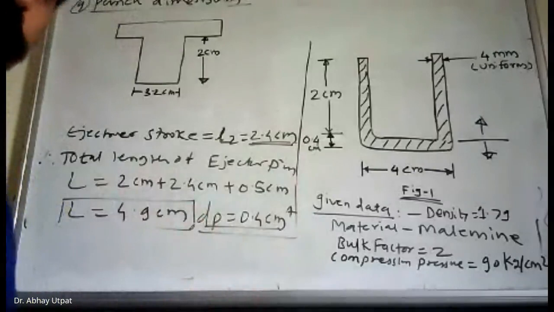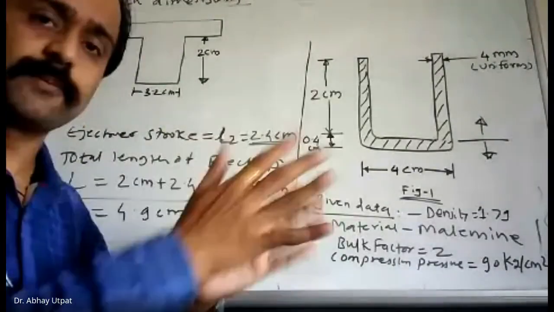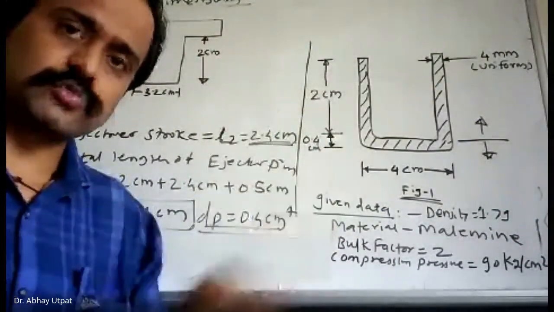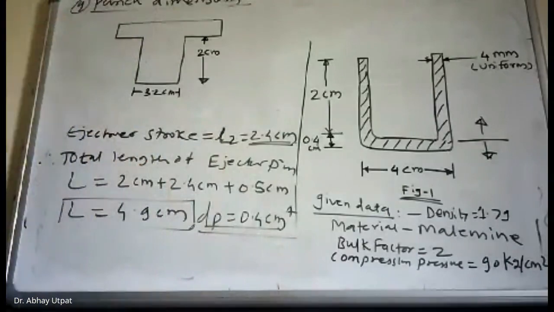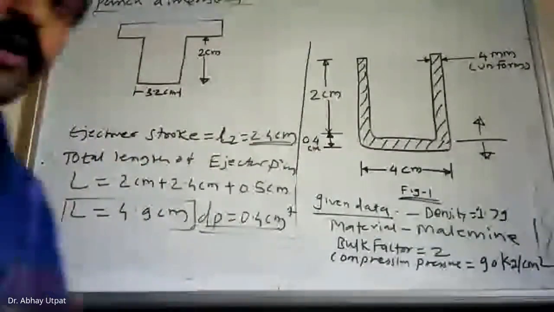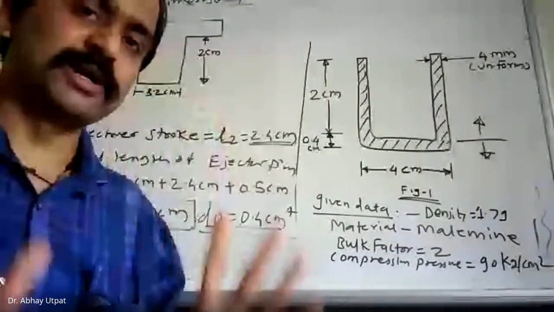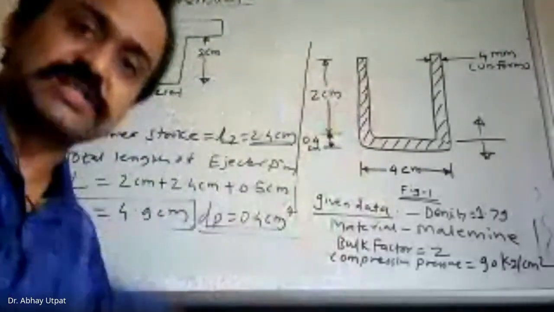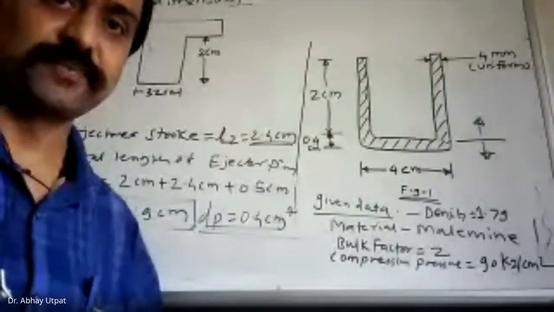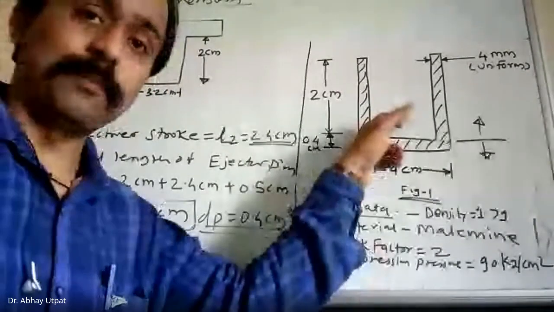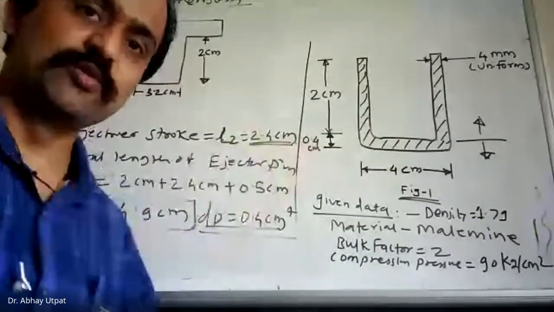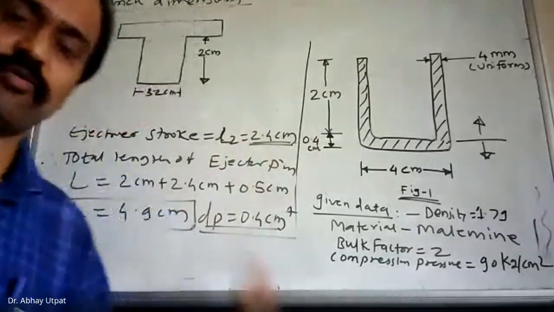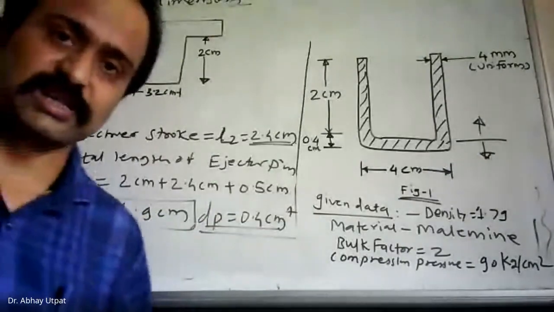So it is my humble request, everybody please follow this method for all types of problem. As I told, in case of part design, steps should be same. So whatever 9 steps I have told, all 9 steps will be followed. What will change every time? Every time only volume of the part and volume of loose powder will change. Other things will remain same. Only calculations will change. So you have to concentrate on volume of part. This is all for the design of compression mold.